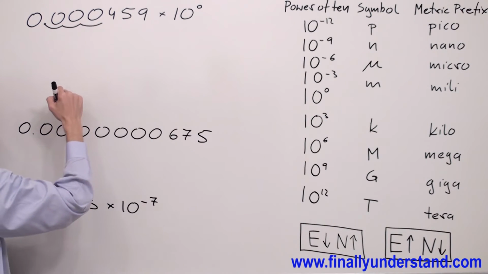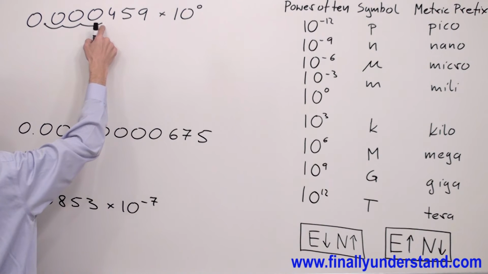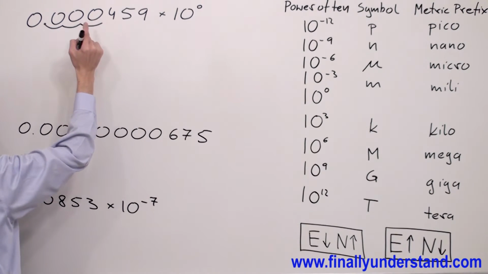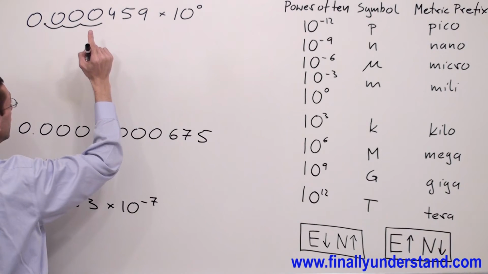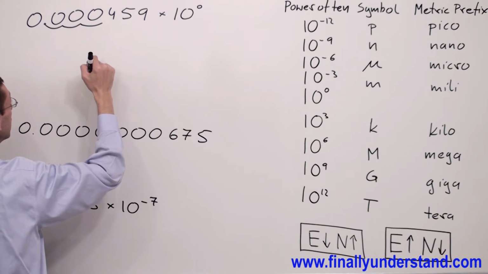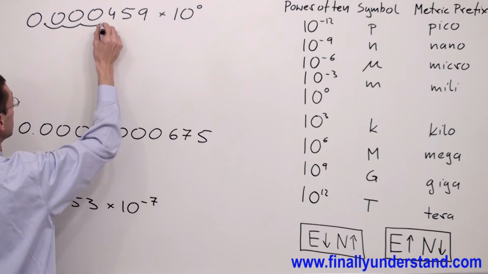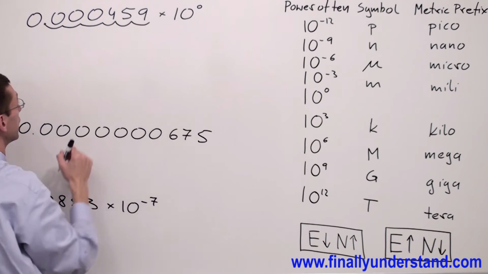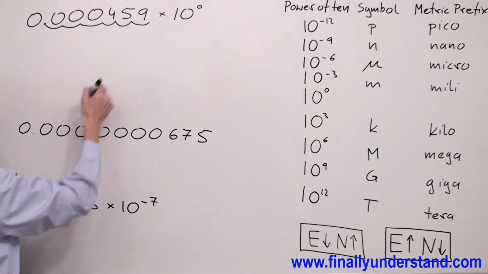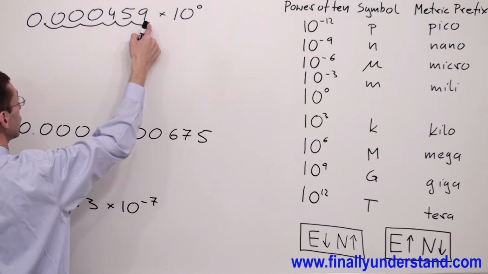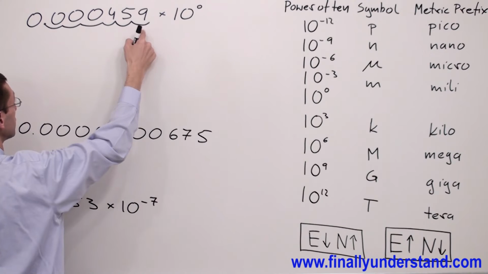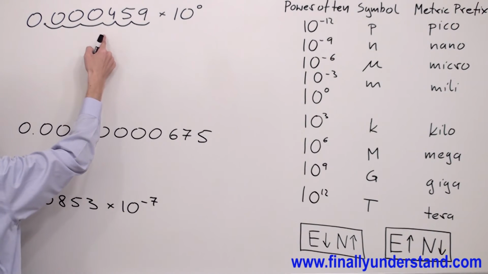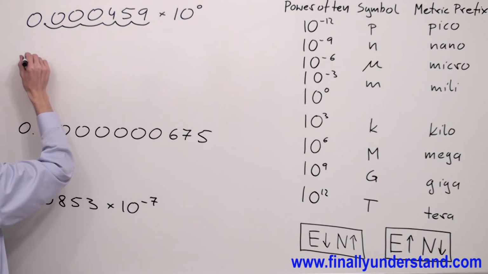Let's check what we have right now. On the left side of the decimal point, again I have 0. I don't want to have 0, I want to have a number from 1 to 999. So what I have to do next, I have to keep going with moving 1, 2, 3, another 3 places. And on the left side of the decimal point, I have right now 459. So this is okay for me because this number is between 1 and 999. So I have